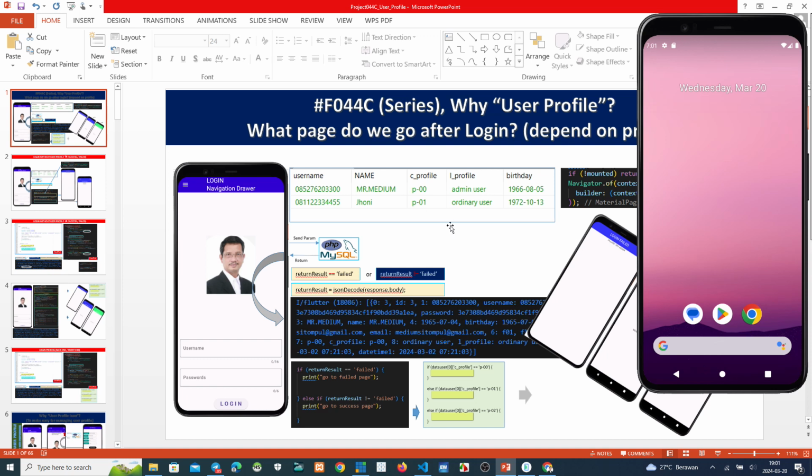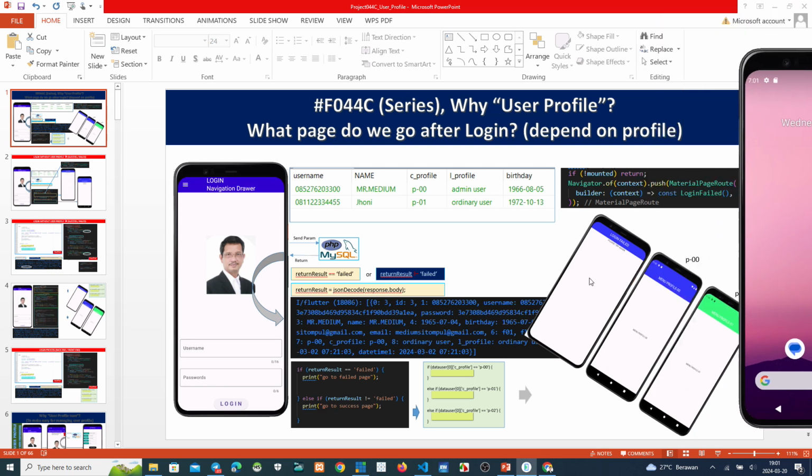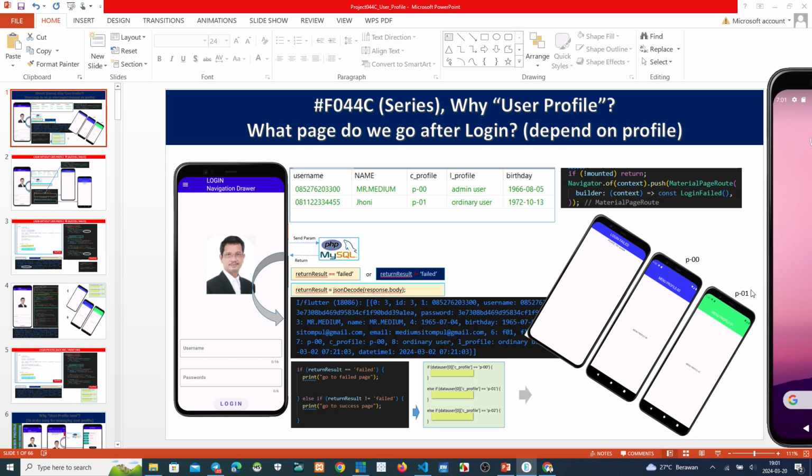We try login with profile 00, and also we try login with profile 01, and also we try to login using the wrong username. We must get the wrong username or login fail. This is login to menu page 00, and this one login to page 01.